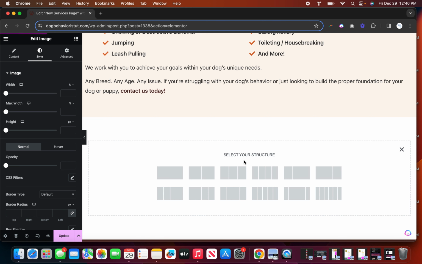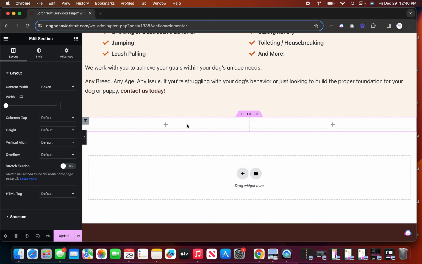You're going to click on this plus sign, and then select your structure is going to pop up. And what this is representing is all of the different columns. These different columns, again, are already kind of pre-programmed into this theme. So you are able to, again, kind of choose from the different options that are available. So I'm going to click on just a double column here. And from here,